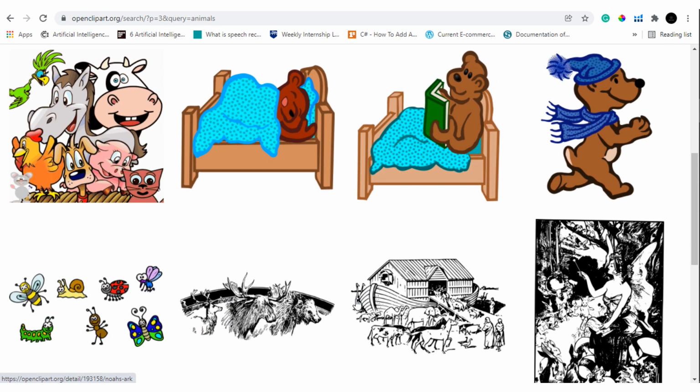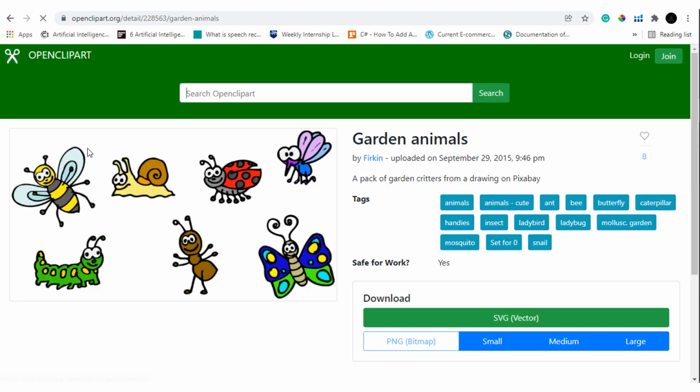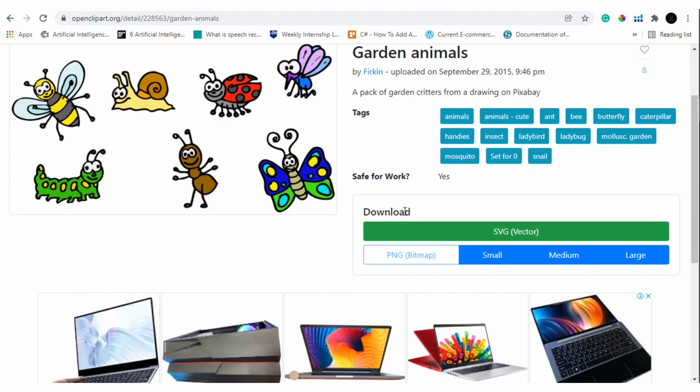Let's take a look at this clip art here. You can download your clip art in the SVG format and edit it in vector editing software like Gravit Designer, Adobe Illustrator or various other vector editing software,